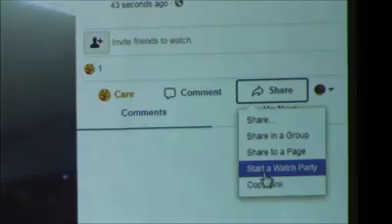That would be good. Again, that's another good way where if you have people who are not familiar with how Facebook works, you can kind of help them out and control it for them.